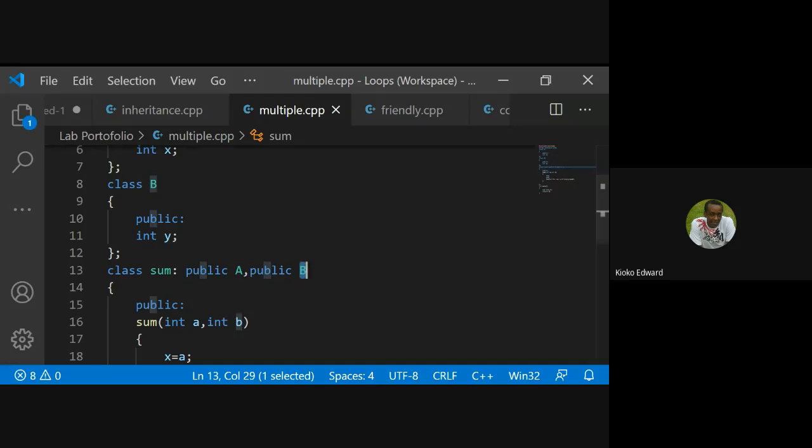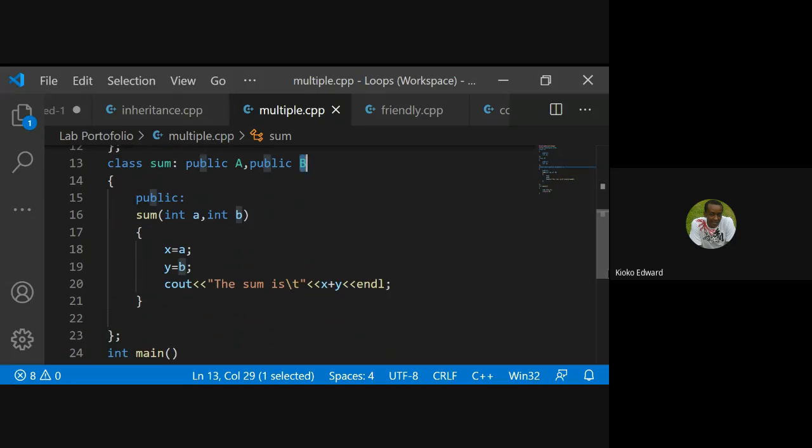And using the constructor, we have been able to pass two values of type integer. Those values will be received by A and B. And after we receive the values, the constructor will assign the first parameter, which is A, to X. The second parameter, which is B, will be assigned to Y. Then we take the value of X and Y and add them together and display them